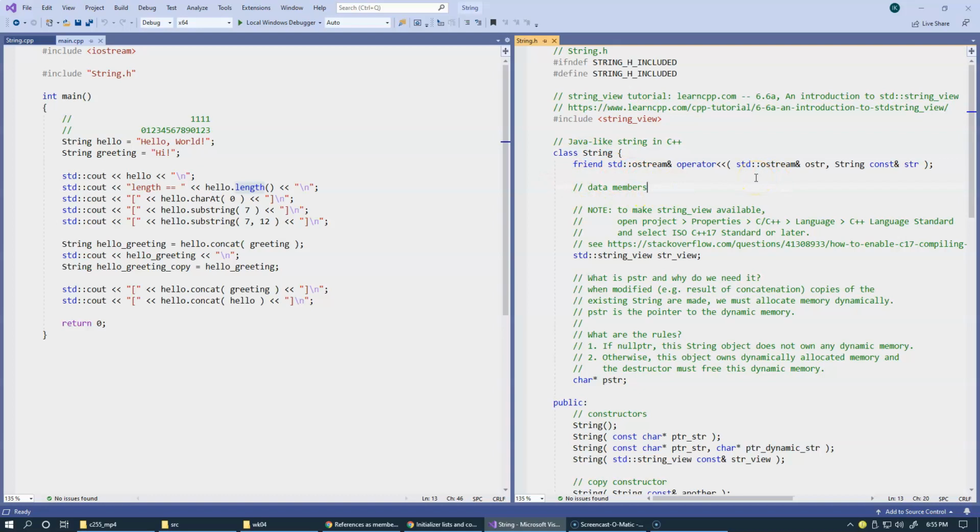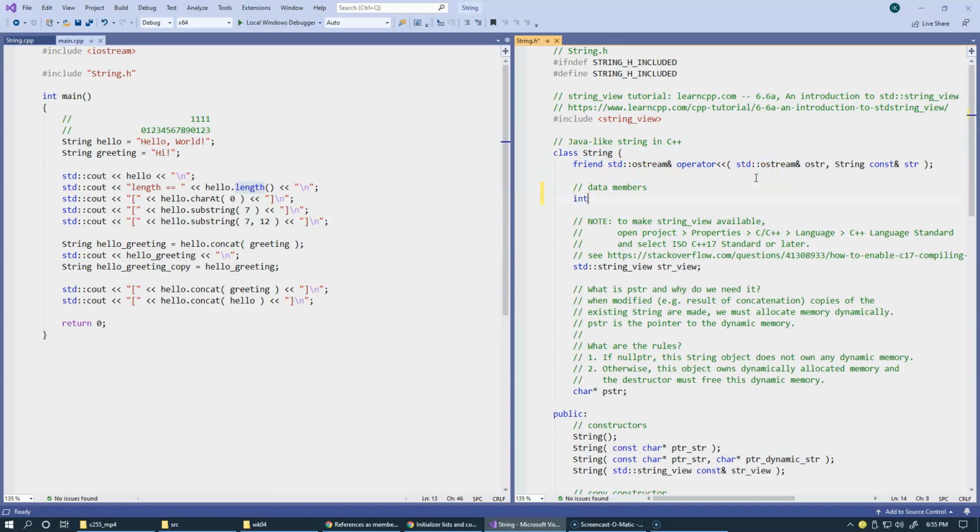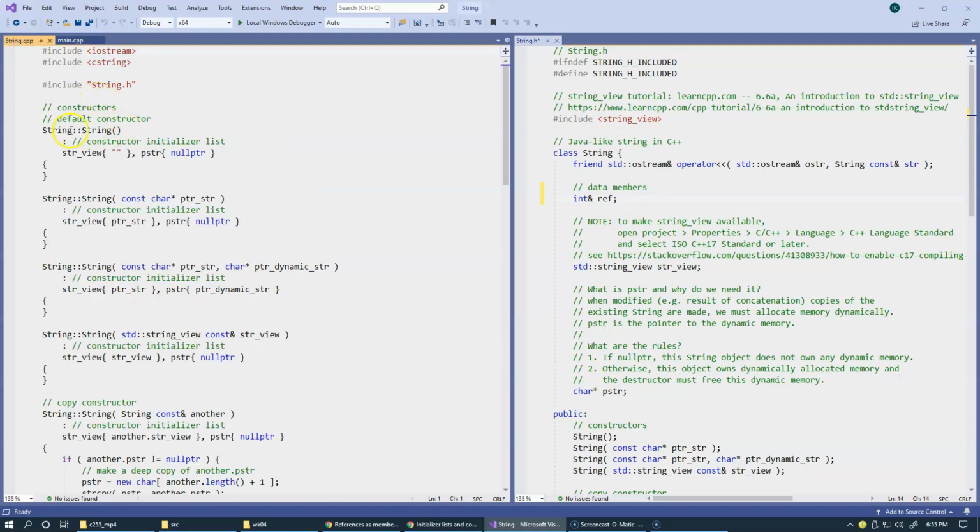I'm not going to hold on to this, but if I had a reference to an integer, which is the ampersand right here, an integer ref, something like this, then I would be required to, in every constructor of string that we have, this constructor, this constructor, this constructor, this copy constructor, everywhere, I would have to initialize